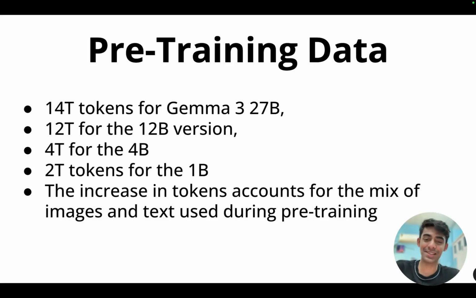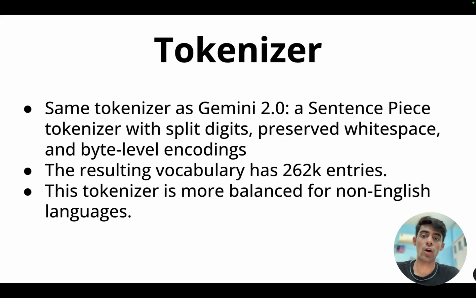Now coming to the increase in the tokens, right? They account for the mix of images and text that is used during pre-training. Just mind this, guys. When we say 2 trillion tokens, it also includes the vision part. Okay, because you have to describe the image and everything, right? Correct. Now the tokenizer, they have the same tokenizer as Gemini 2.0, a SentencePiece tokenizer with split digits,